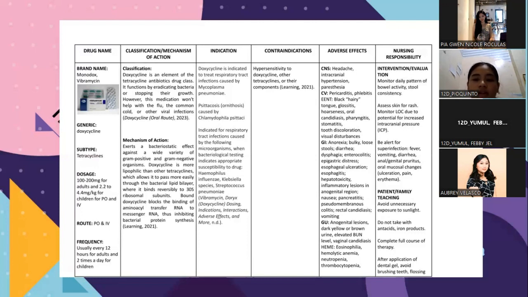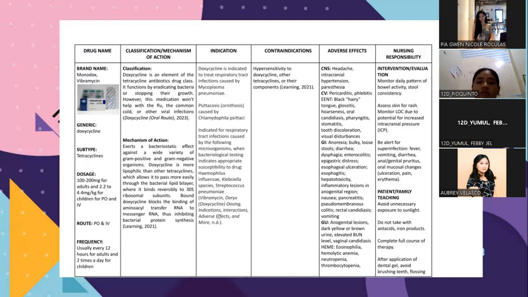In gastrointestinal: anorexia, bulky loose stools, diarrhea, dysphagia, enterocolitis, and epigastric distress. Also esophageal ulceration, esophagitis, hepatotoxicity, and inflammatory lesions in the anogenital area, nausea, pancreatitis, pseudomembranous colitis, rectal candidiasis, and